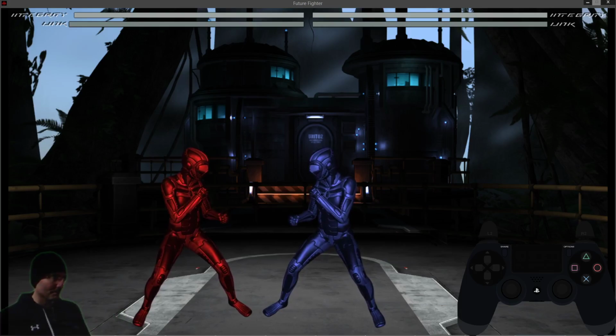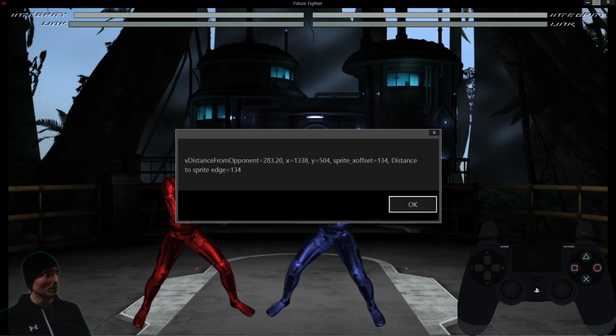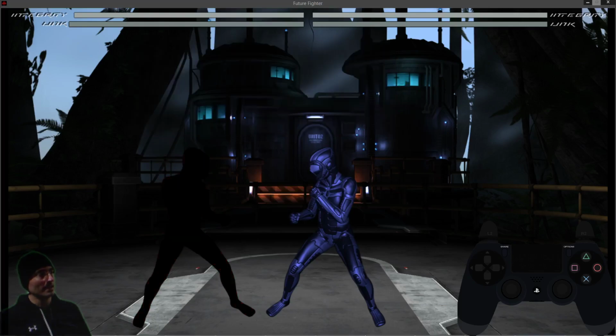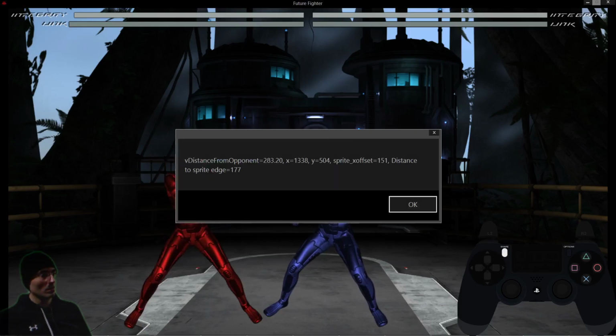And right now my x value is 1338. Notice the x value doesn't change, but the sprite offset and the distance to sprite edge, all that does change. So when I originally did this, I wasn't taking into account